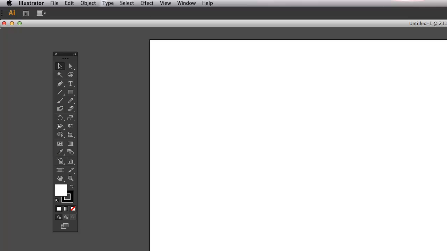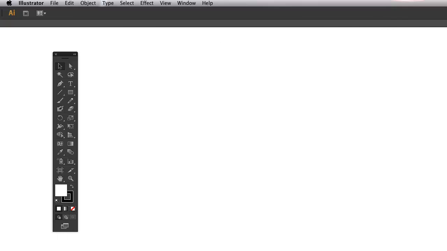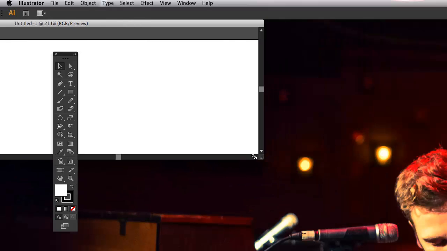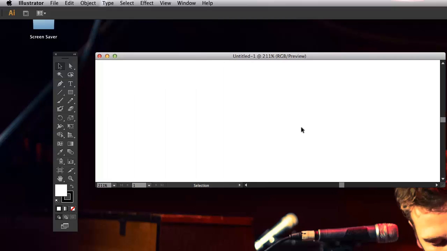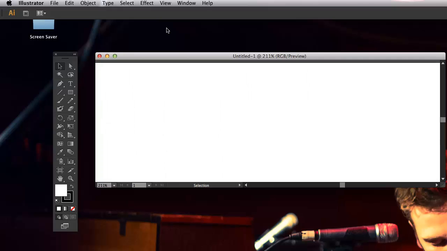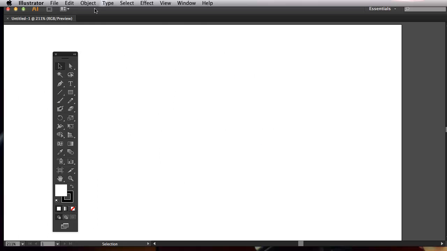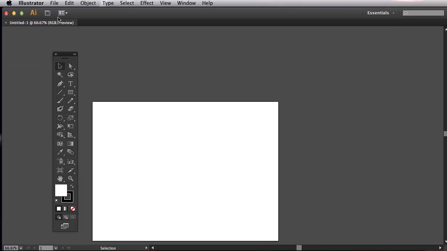Oops, that one's full screen. And I need to try to shrink it somehow. You can probably tell you're not seeing my full monitor here, but when you make a document, it just sort of hangs out here on its own, whereas if you have the application frame there, it'll lock up in a tab within that application frame. So I prefer having the application frame in the tabbed windows as opposed to separate ones, but